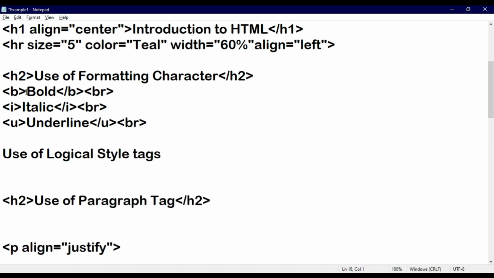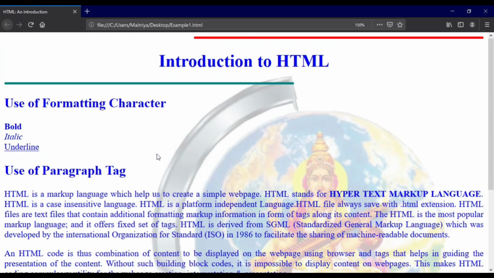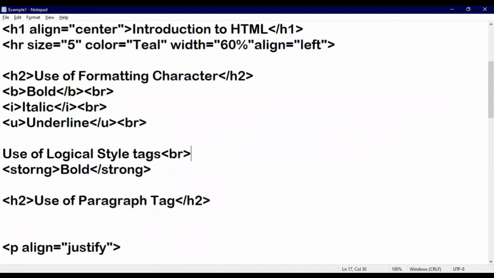tags. And in that, here I am writing strong, and here I am writing bold and strong tag close. Right now, instead of capital you can write in small form also. Now just save your file and don't forget to break your line so that you can see the output in a proper manner. Just save your file and press refresh. Sorry, a spelling mistake can also create a problem.